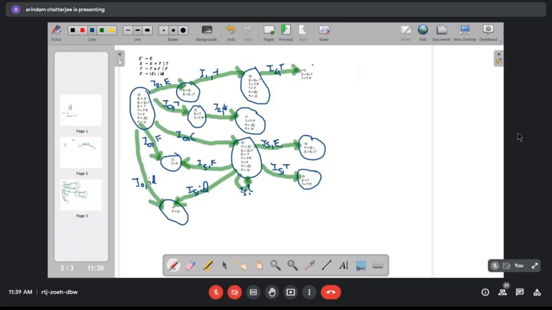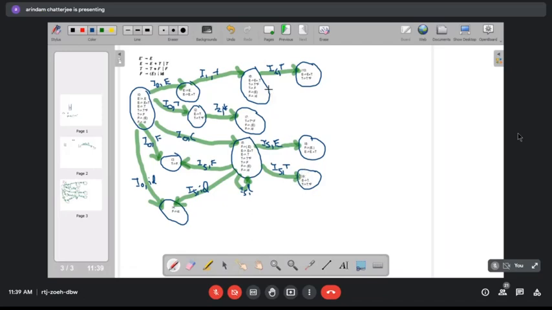This is going to be your I10. This is I6 comma T. Similarly, we will have I6 comma F, which is T producing F dot, and that is nothing but I3.